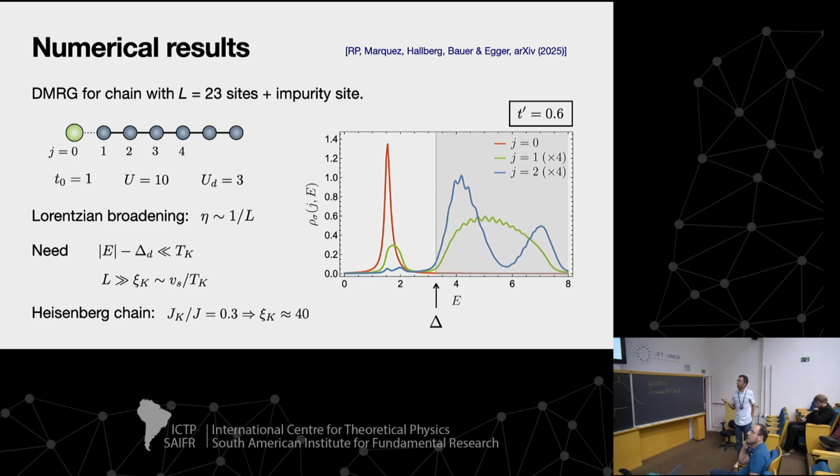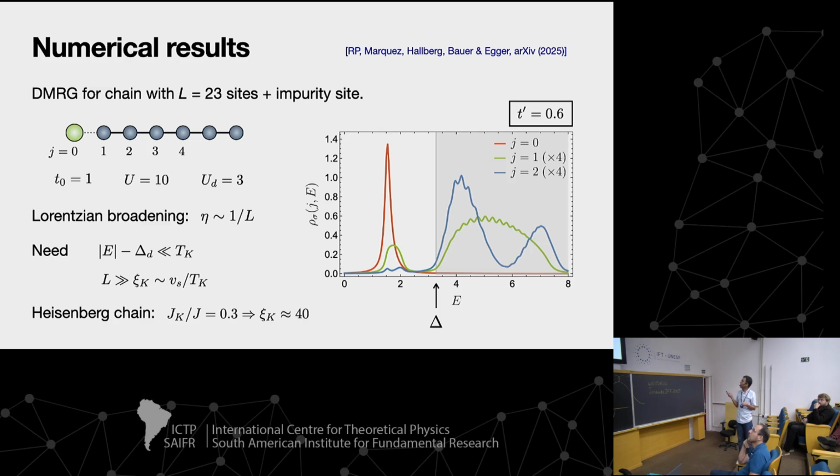And here this is a problem because to see the square root singularity I was talking about before, you need to be close enough to the threshold, but also this could be a problem because if you're at weak coupling, then the Kondo temperature is going to be very small, right? It's exponentially small at weak coupling, so you have to have very good energy resolution. Also, if the Kondo temperature is very small, the size of the Kondo cloud is very large. It could be larger than my system size, and then you don't see the strong coupling limit either for this reason. Right? So this is the reason why numerically we look at larger values of T prime.